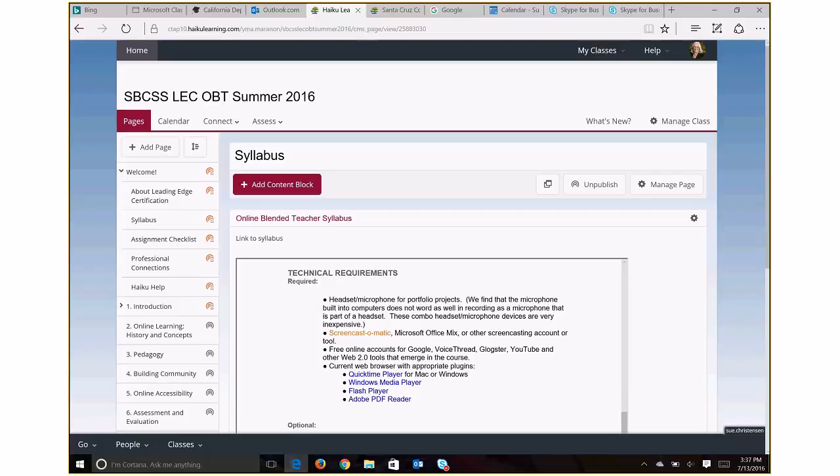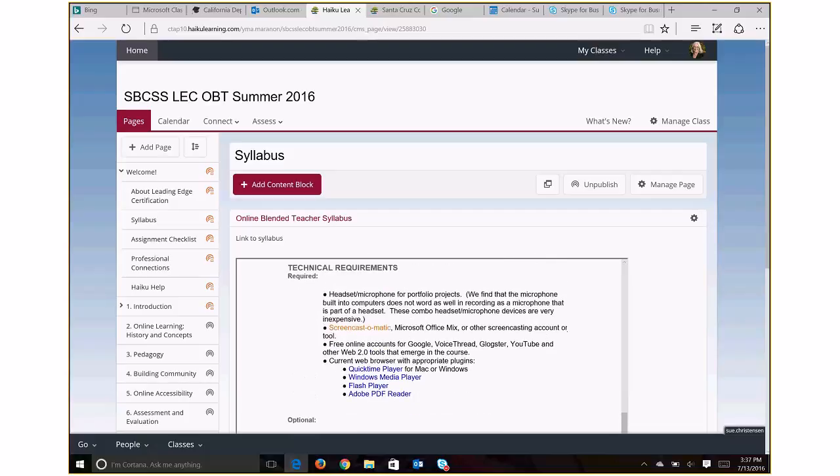We found that the microphones built into computers aren't always good at catching the sound consistently. You could buy these headsets for just $8 to $10 at most at Best Buy, Staples, Walmart, Target, things like that. And then there will be some tools we'll be using throughout the course, and you'll just need to set up accounts for those as they come up.